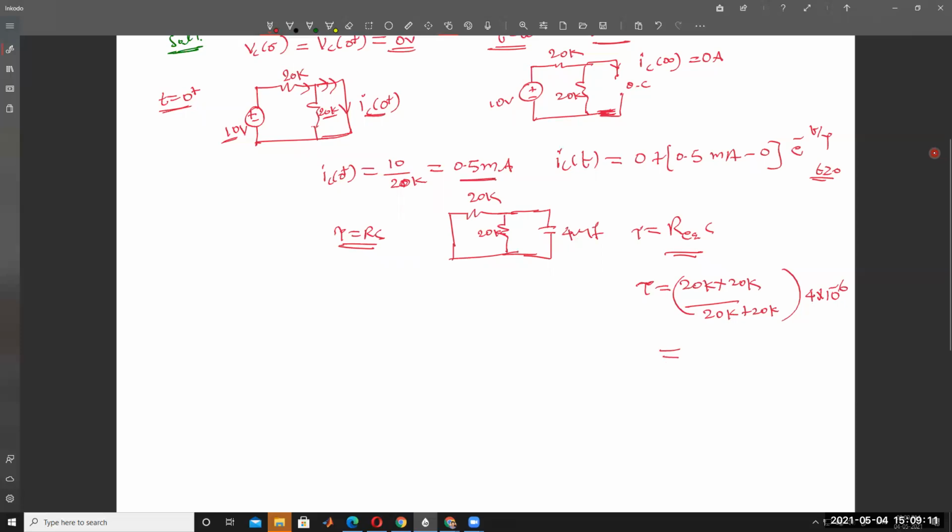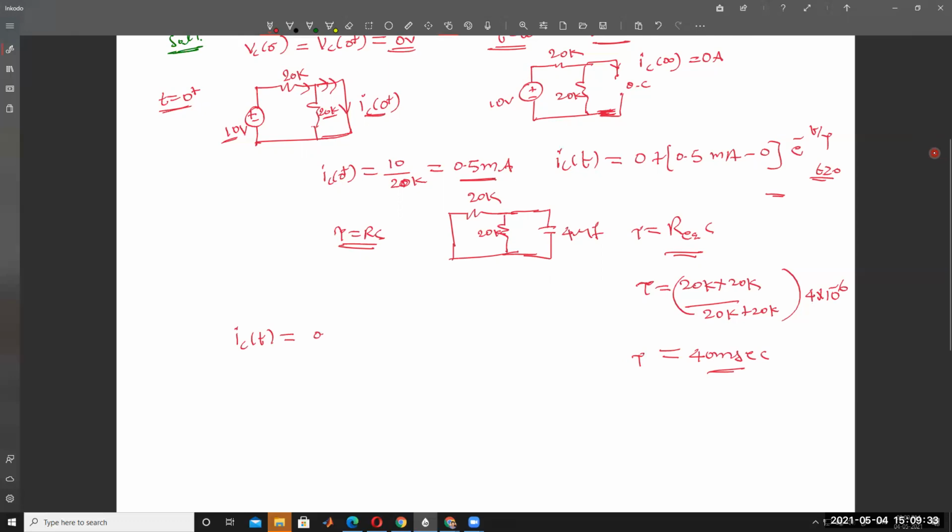We get approximately 40 milliseconds. Time constant is equal to 40 milliseconds. Substituting in this equation, we get IC of t is equal to 0.5 into